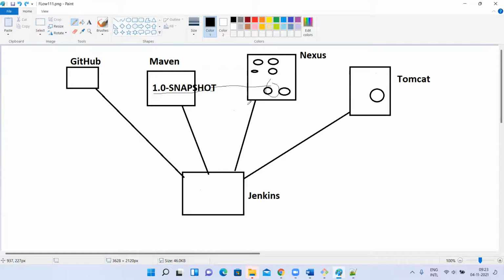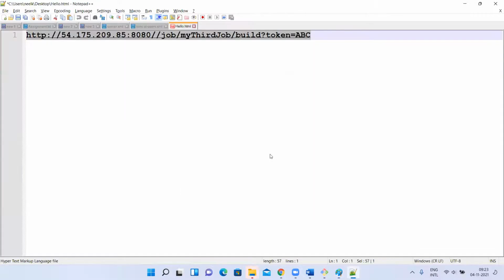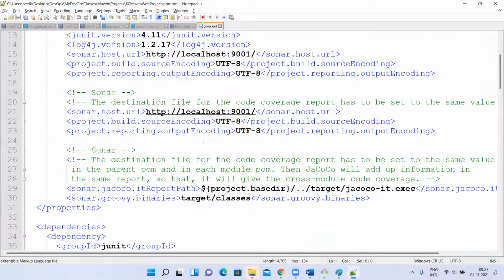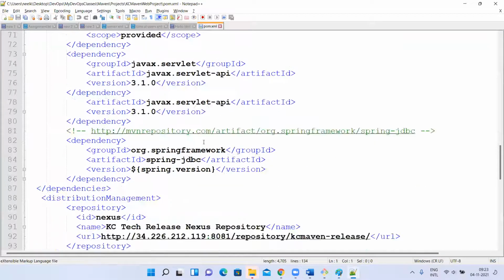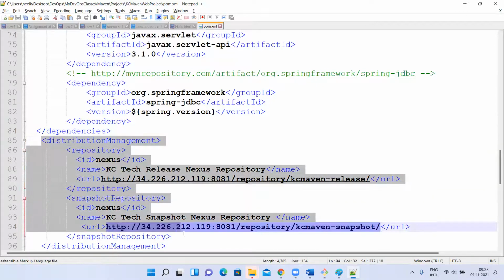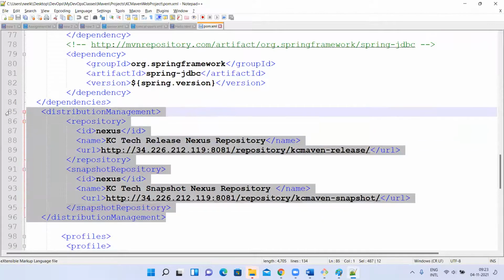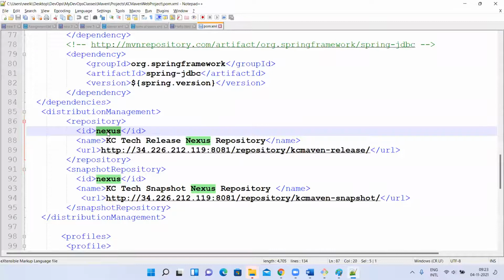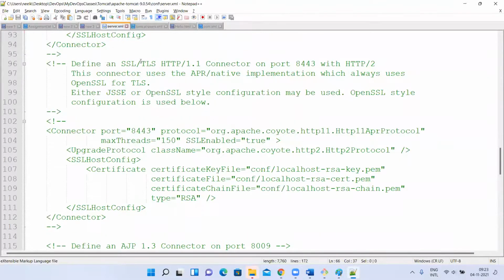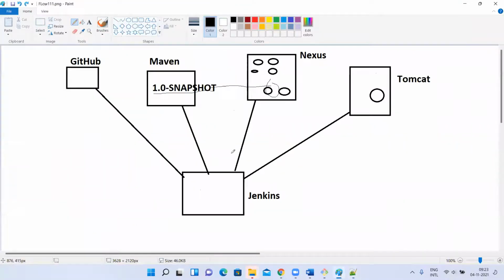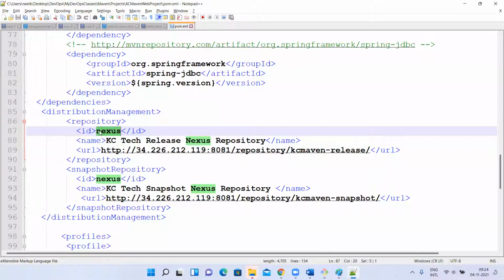Otherwise, we are using the URL to add Git like that. You will not add those entries in pom.xml. So in your project pom.xml, first you have to create this distribution management element. These details you have to give in your project. Then in your Maven, for this ID, you have to give the server details. Two things you have to do in the settings.xml of your Maven: give the server ID, username, and password of that repository. These two things you have to do.